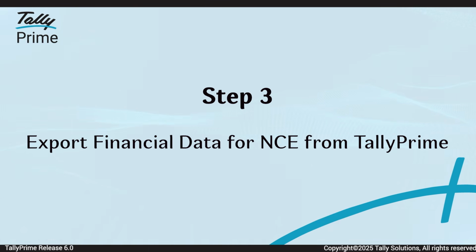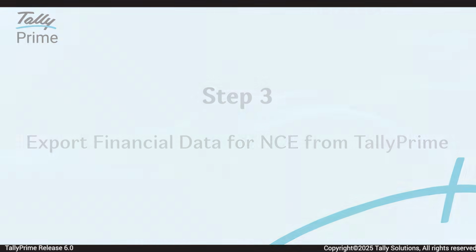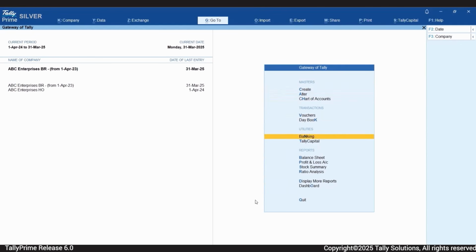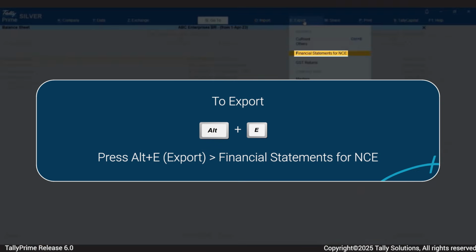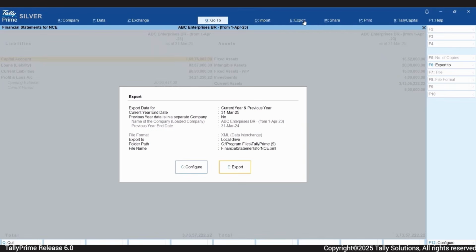Now that you've got the template ready, let's export the financial data from TallyPrime. You can export data from the balance sheet, profit and loss account, or trial balance reports. Open any of these reports and press Alt-T. Financial Statements for NCE.